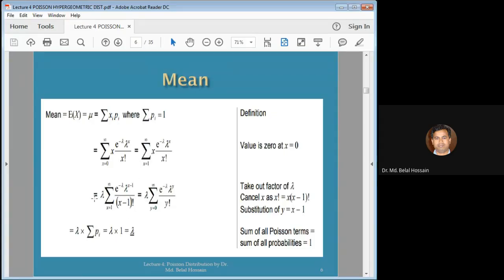এই জন্য একটা ল্যামডা বাইরে নিয়েছি, so that we can get ল্যামডা টু দি পাওয়ার এক্স মাইনাস 1, কারণ নিচে একটা এক্স মাইনাস 1 ফ্যাক্টোরিয়াল হচ্ছে আমাদের। তাহলে এক্স মাইনাস 1 এর মান যদি আমরা ওয়াই ধরি, তাহলে দেখেন এটা হচ্ছে e to the power minus lambda, lambda to the power y divided by y factorial. So this is the py, okay. প্রত্যেক py কে সাম করলে 1 হয়, ওকে। এখানে একটা ল্যামডা কমন নিয়েছিলাম, এই সামেশন অফ py এর মান 1, কাজেই ল্যামডার সমান, তাহলে মিন হলো ইকুয়ালস ল্যামডা, পয়সন ডিস্ট্রিবিউশনের মিন সমান ল্যামডা, আমরা সেটা দেখালাম বাই এক্সপেক্টেশন অফ এক্স।